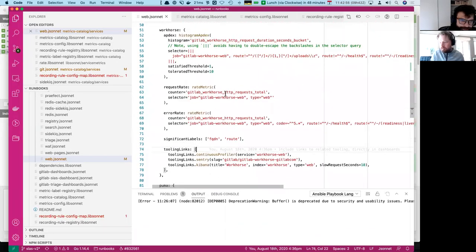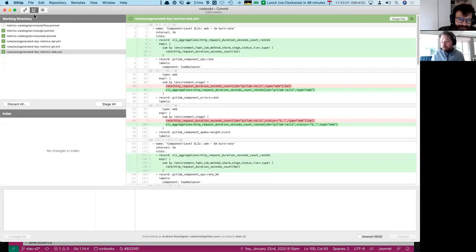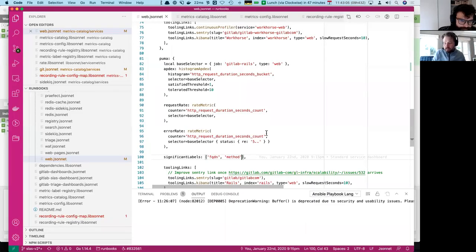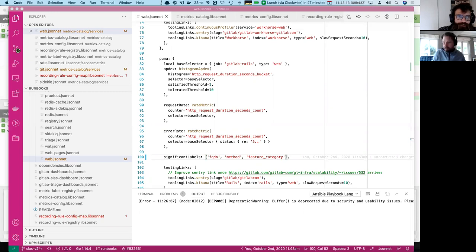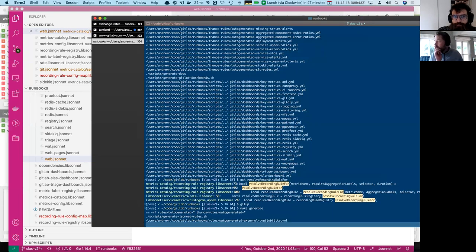Not yet, because it won't be there yet. But that doesn't matter, does it? No, exactly, it'll just work. If we add it now, it will just all be empty and fine. And then as soon as we start emitting with those labels on those metrics,